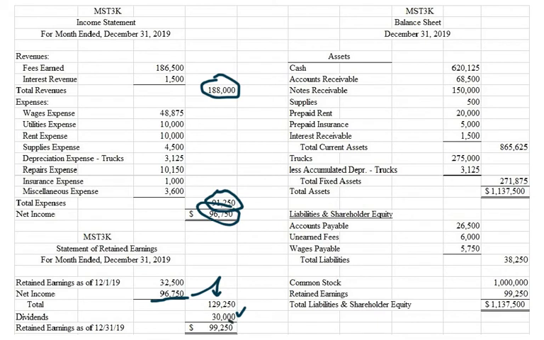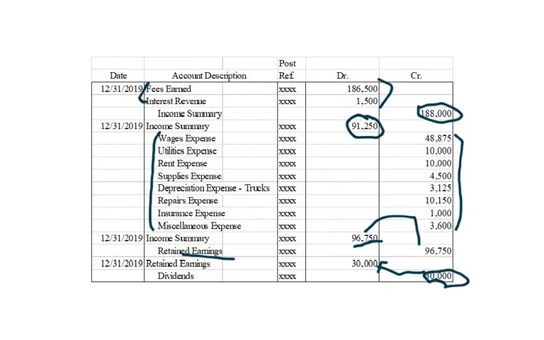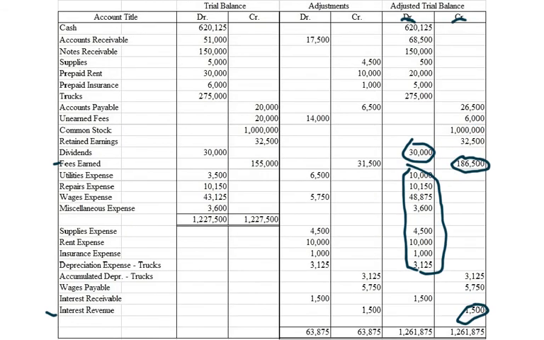So after you post that last two lines of your closing entries, you'll have $99,250 as the actual balance in retained earnings. So that's all you're doing. You're just bringing the retained earnings balance up to date, right? Because the one that's sitting there was antiquated. It was outdated because it was the old number from the previous period, because all of those temporary accounts hadn't been yet integrated into it yet. So we've done our closing entries now,